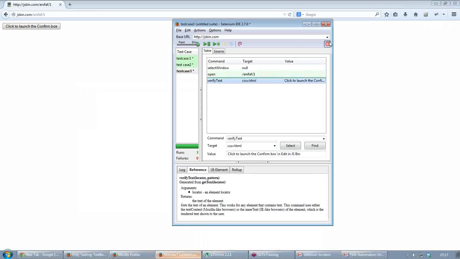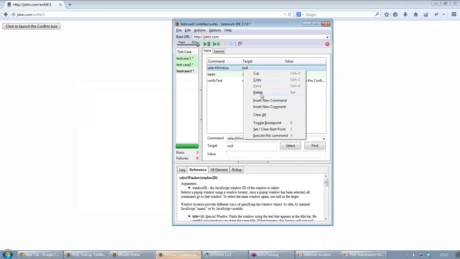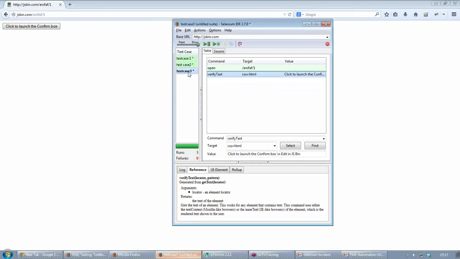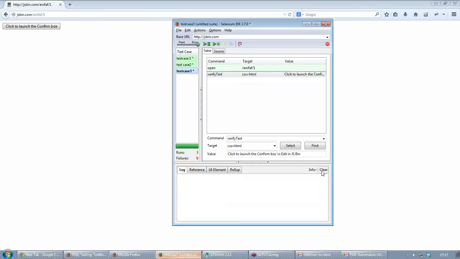right? Let's stop this execution. Ideally, I just opened the URL first, and then I added the verification. So let me try to run this specific test case now. I'm clearing the console and running this test case after adding the verification or assertion point. Right? It is showing that it is executing this verification,